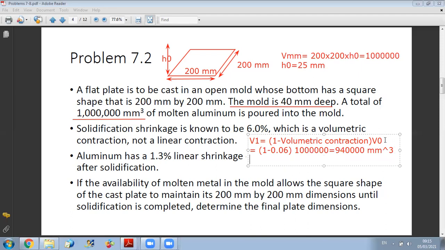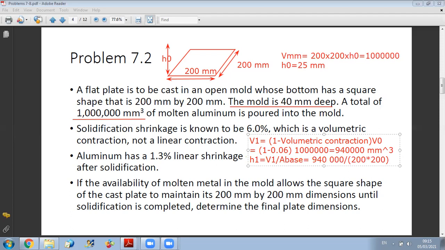Because the base is not changing in dimension, we can say that H1 is equal to V, the volume after the first phase of solidification, over the area of the base, so it's equal to 940,000 over 200 times 200. In this way, you get the value of